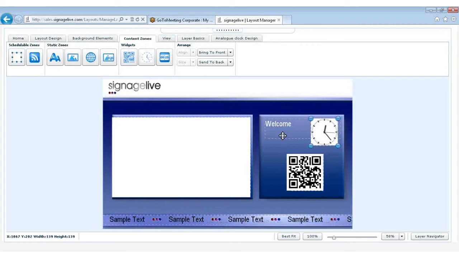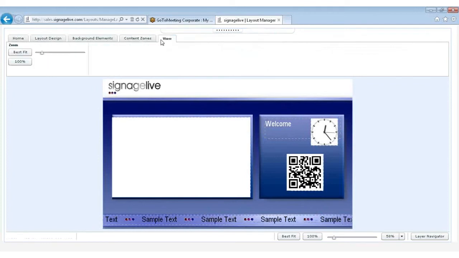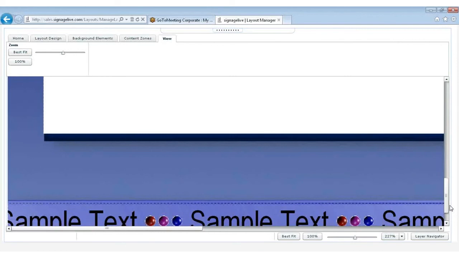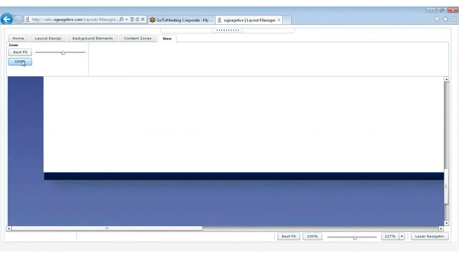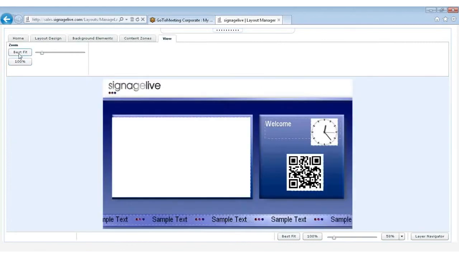So if we now move on to the last tab, so the last tab is View. So within this tab we have our zoom. I can zoom and I can move around the layout that I've created. We have the 100%, and then we also have best fit. If we look at the rest of the screen as well, we've got the view area repeated here on the bottom right hand side. So we've got the best fit, we've got the 100%, and then we've got the zoom. We've also got the layer navigator. Now if I click on that,